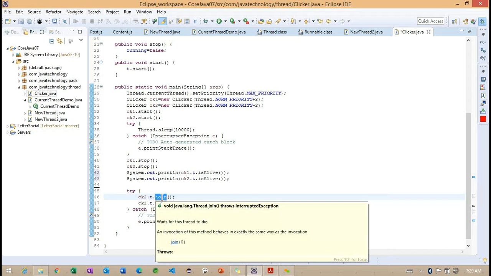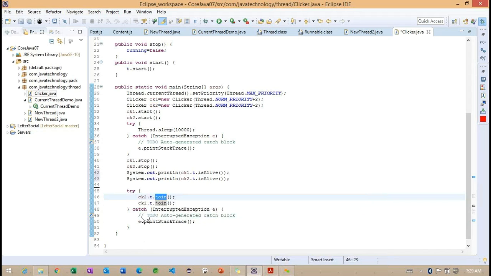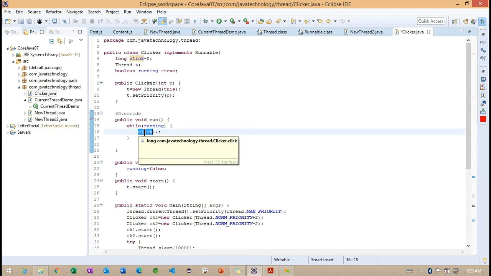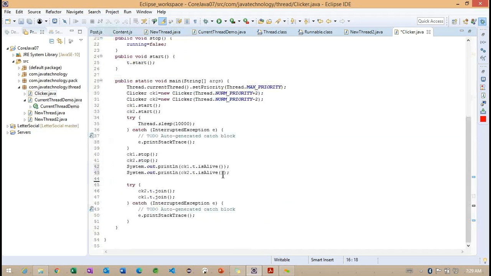Okay. Back to here. After this, we want to identify how many times this particular click is incremented. How many times is this click incremented? Carefully observe to understand what we need to do here.